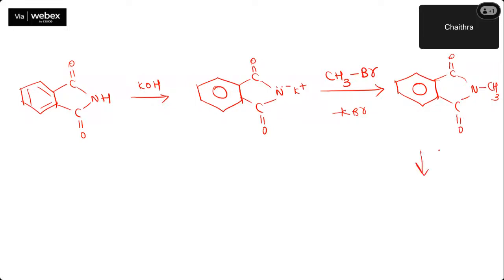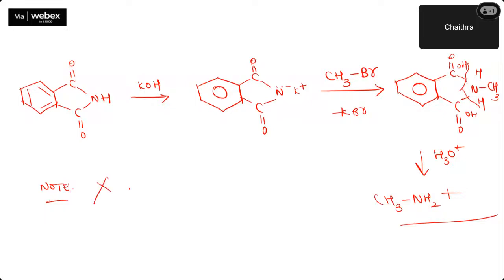So lastly, very good. On the arrow mark, I'll write hydrolysis. So break this bond and predict the product. What did you get? You got CH3NH2 plus phthalic acid. Yes, correct. So this is a method to prepare primary amine. Note, this is very important. By using this reaction, you cannot prepare aromatic amine because if you take aryl halide, it is not easy to cleave the bond.